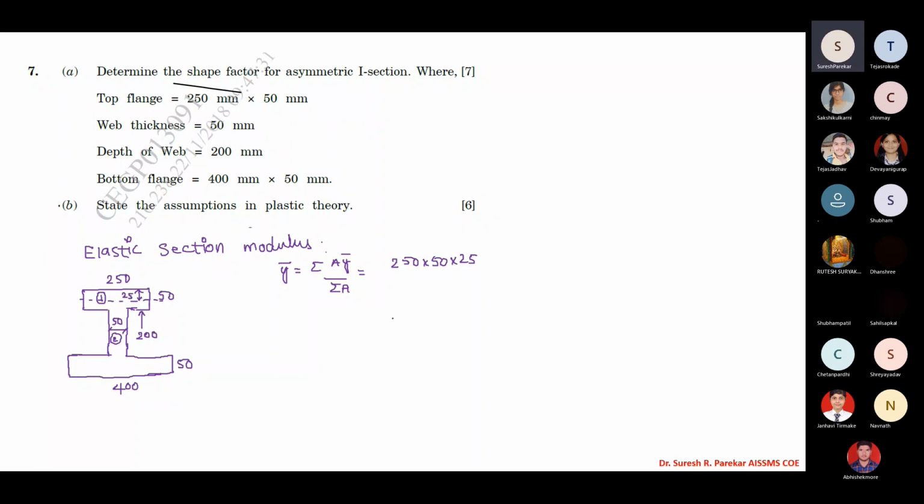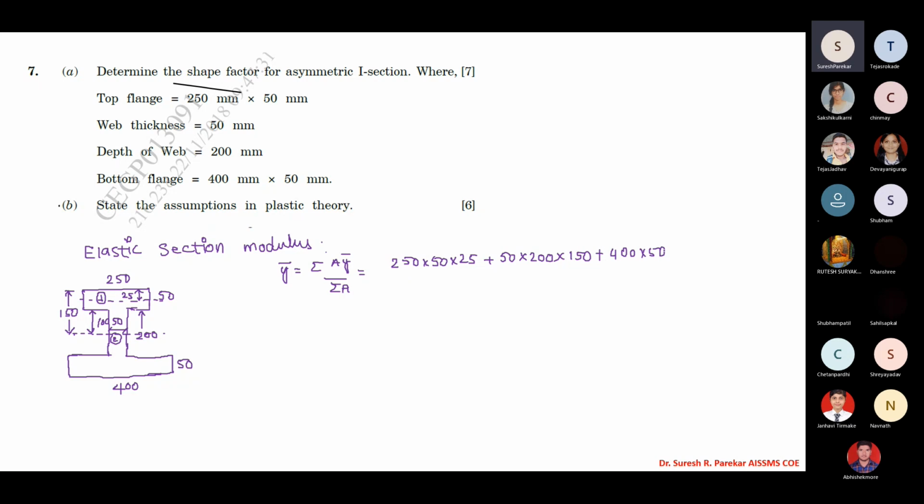Then we have second, plus 50 into 200 into distance from centroid to top. So we have this as 100 and this is 50, so we have total 150. So into 150 plus